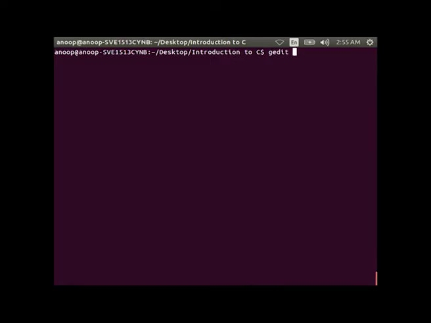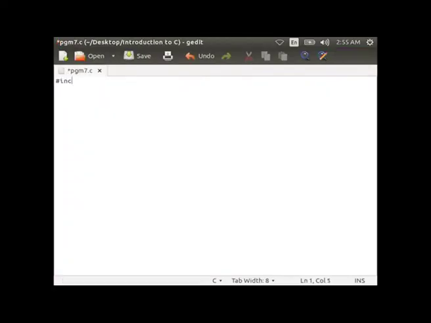Let us first type this program: #include <stdio.h>. Now, you can declare the function swap, that is void swap with the parameters int *A and int *B. Then you can start the main function, int main within curly braces, int num1 = 5, num2 = 10. Then call swap(&num1, &num2), that is, the addresses of num1 and num2 are passed to swap.